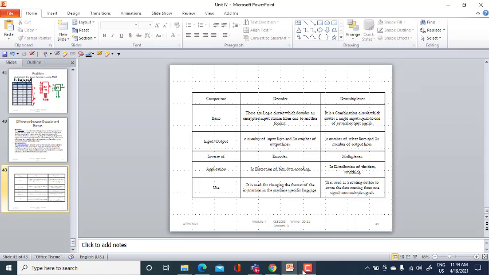For the decoder, you have n input lines and 2 power n output lines. Here, in the demultiplexer, you have n select lines and 2 power n output lines.